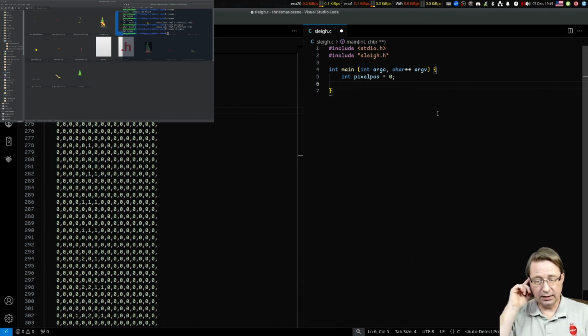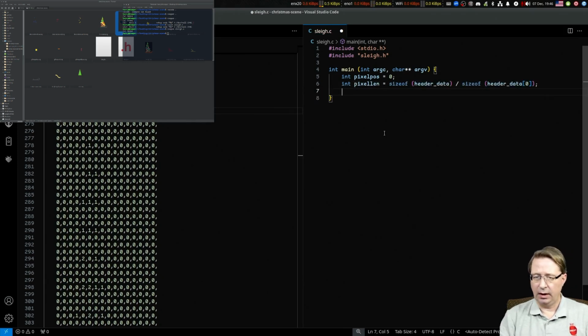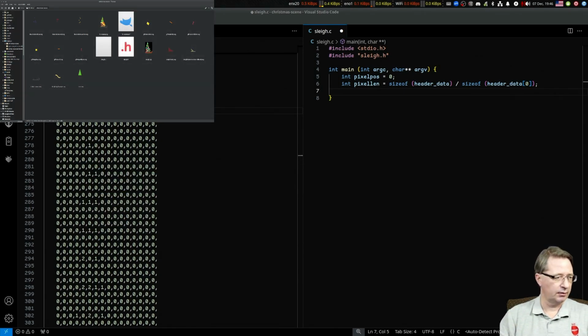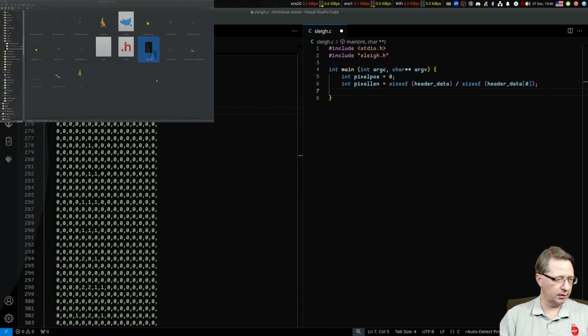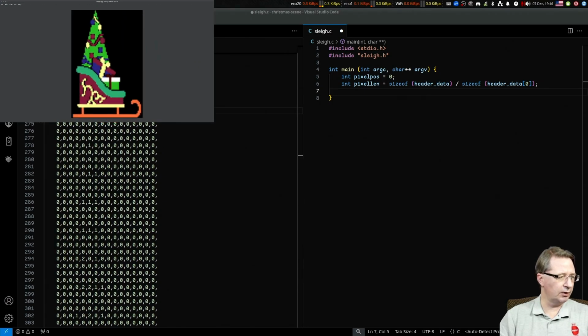Oh, we do need the length of the pixel data itself, because since this is assigned in this manner, we don't have a definite knowledge of how big it is, so we need to figure that out. Here's my thought. Since all we're doing here is pixels, if we look at this and I pull that up, since all we're doing here is pixels